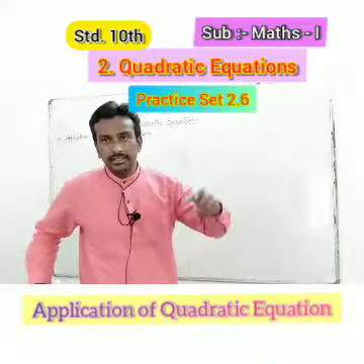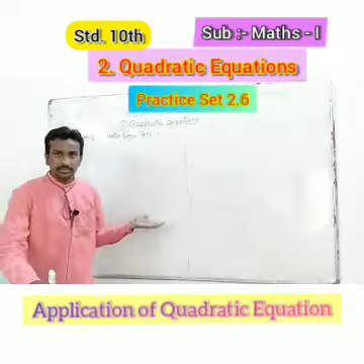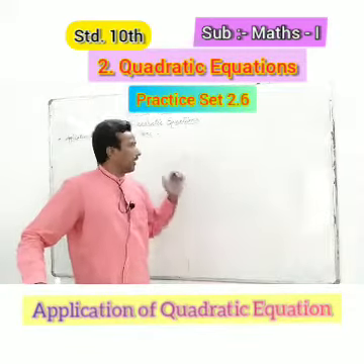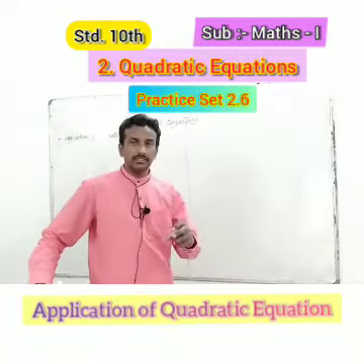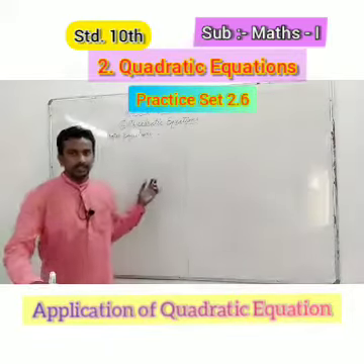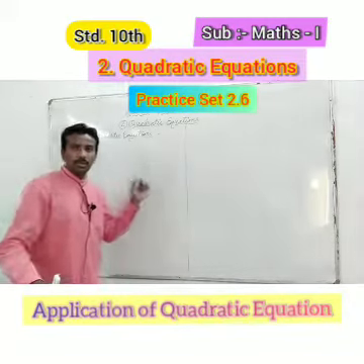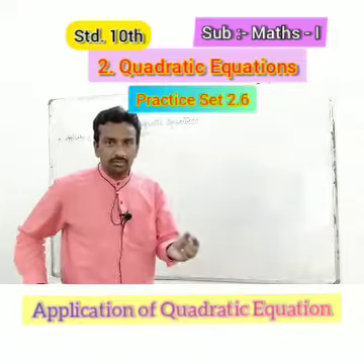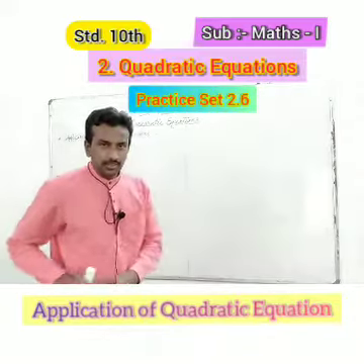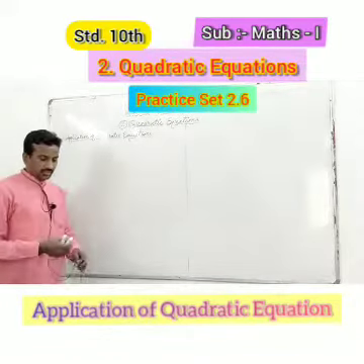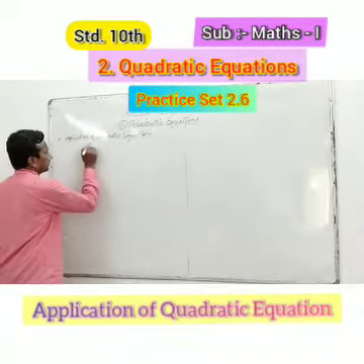Then second step is we have to solve that quadratic equation by using these three methods. We can use any one of them, and then find the value of the variable. Then third step is write the solution of the given quadratic equation as a word problem answer. Means word problem is there, therefore we have to write the solution in one sentence also. Write the given answer in one sentence. Then let us see an example for that. Practice set 2.6.